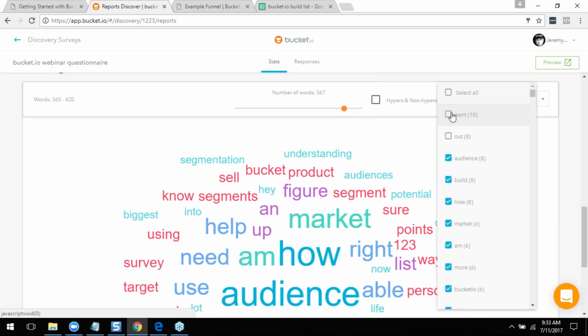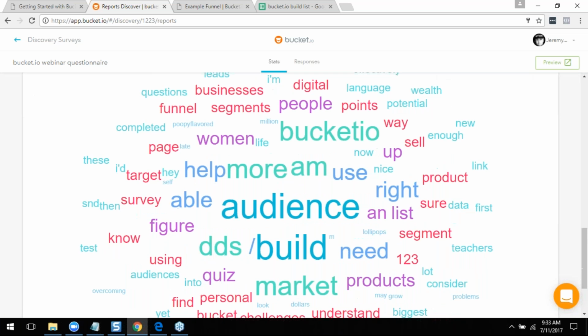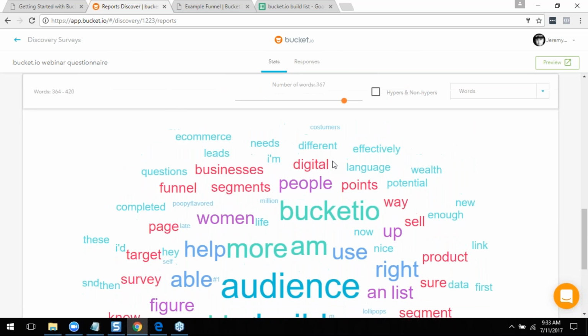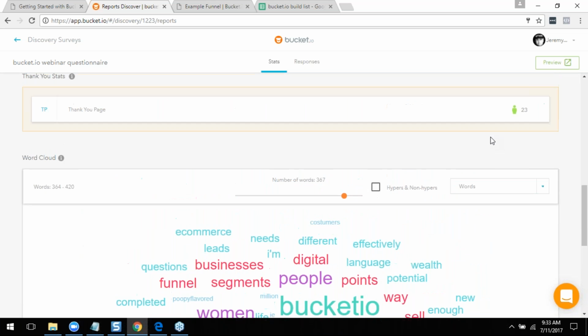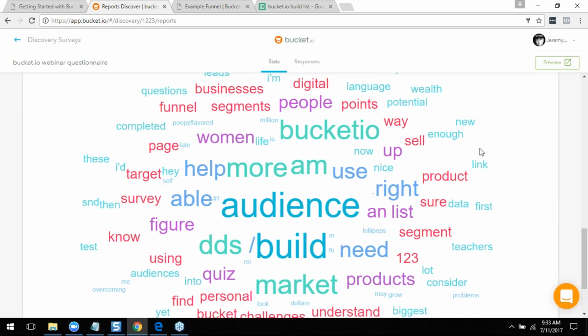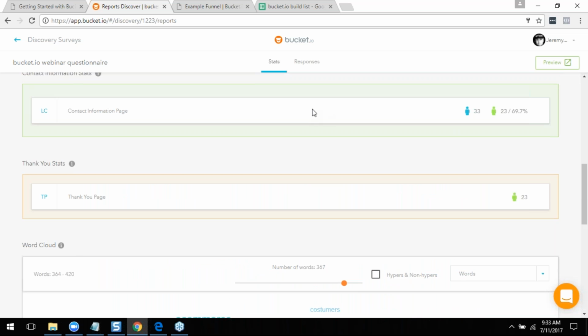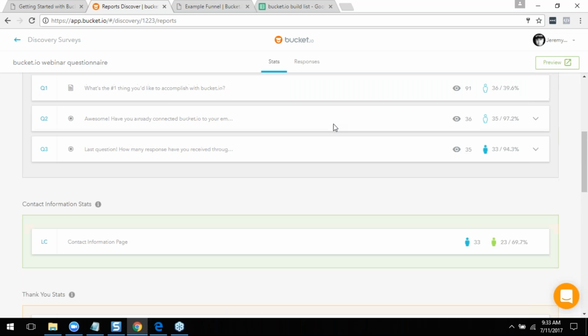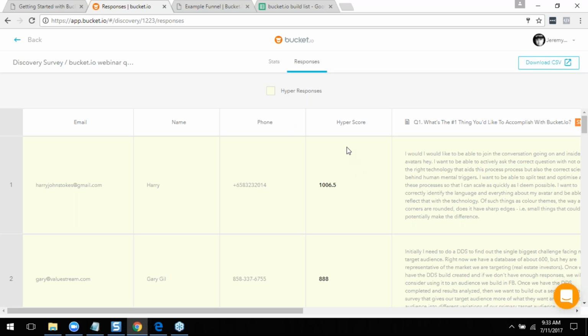Like in this case, I want to get out of bucket is probably one of the words that's in there a lot. But then you see audience, and you see build. Maybe you can get rid of how. Again, you can start seeing some of the more useful words start popping up, and that's how you can start using your word cloud to make some sense out of the responses that you're getting, and start using some of those words in maybe your segmentation funnels and other marketing. You also have the ability to see every response that comes in,